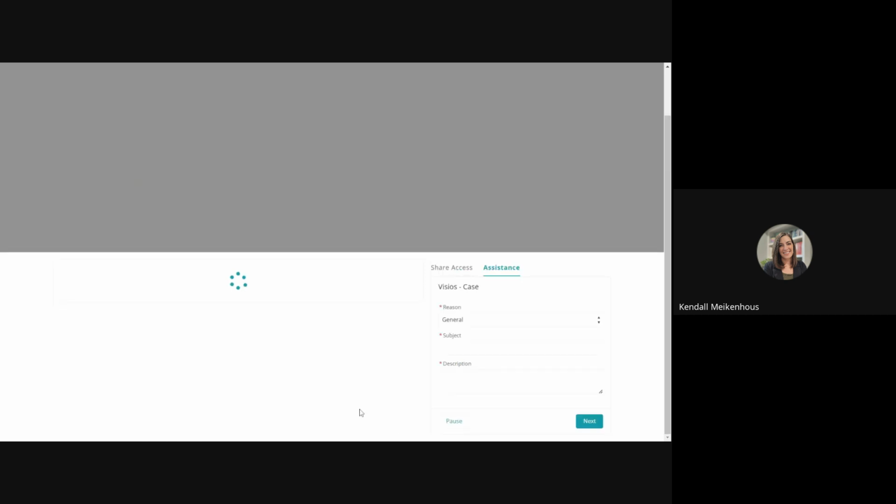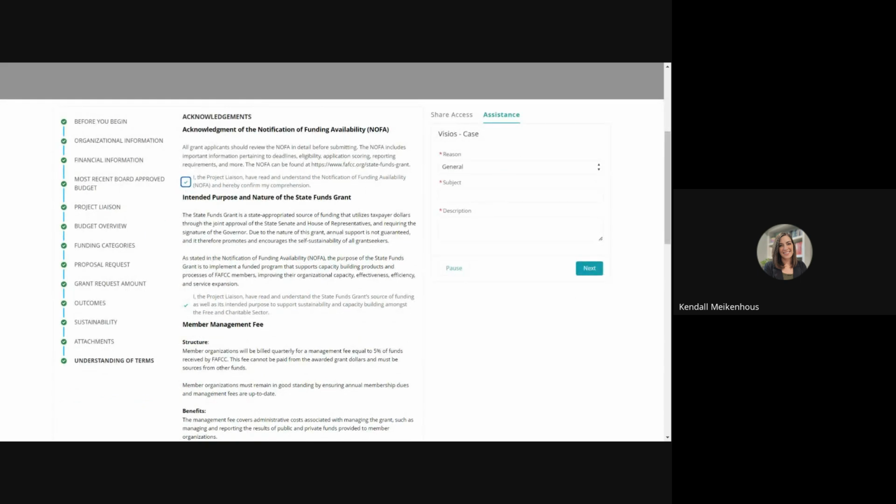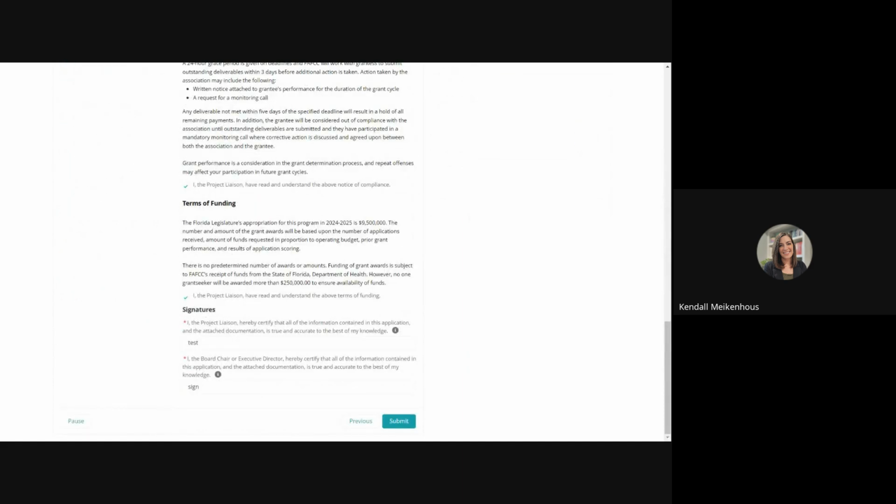And the final page is the understanding of terms. So these are directly from the NOFA, just helpful reminders, things that you need to be aware of. And we ask that you read each and indicate that you've read and understand by checking the box for each section. And then at the bottom, there's a line for the project liaison signature, as well as the board chair or executive director's signature before proceeding. These are required